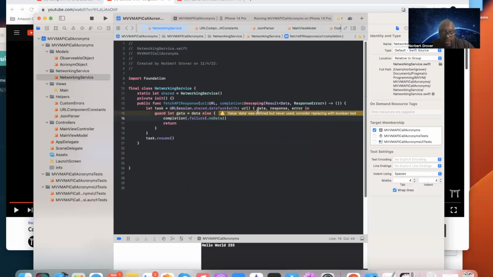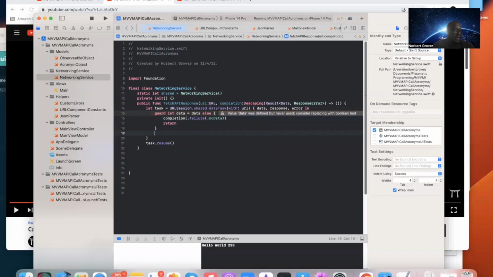Guards, see, value data was defined but never used. We're going to use it. Okay, so now we're going to test our HTTP response code. We want it to be between 200 and 300. So we're going to say guard let